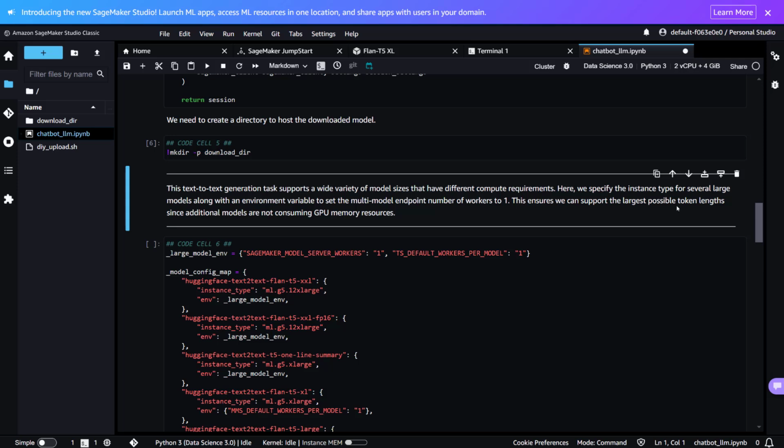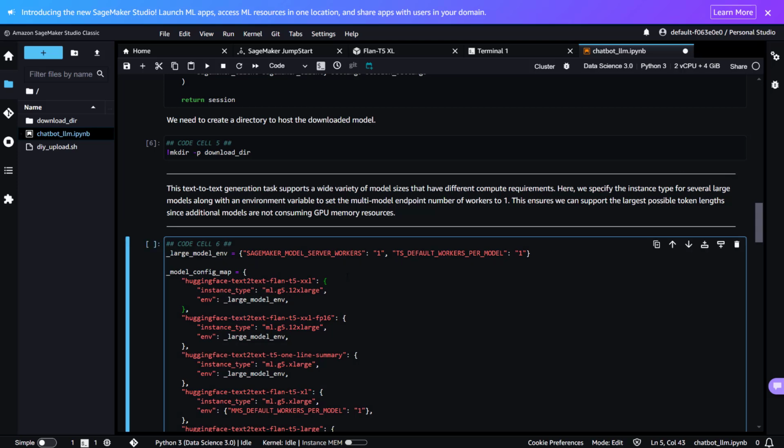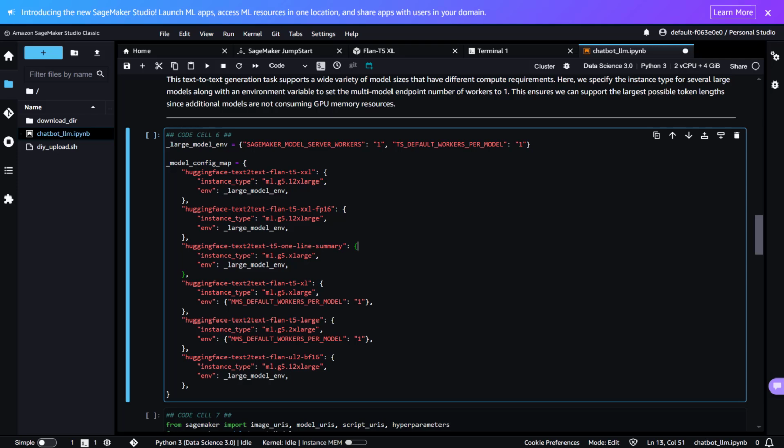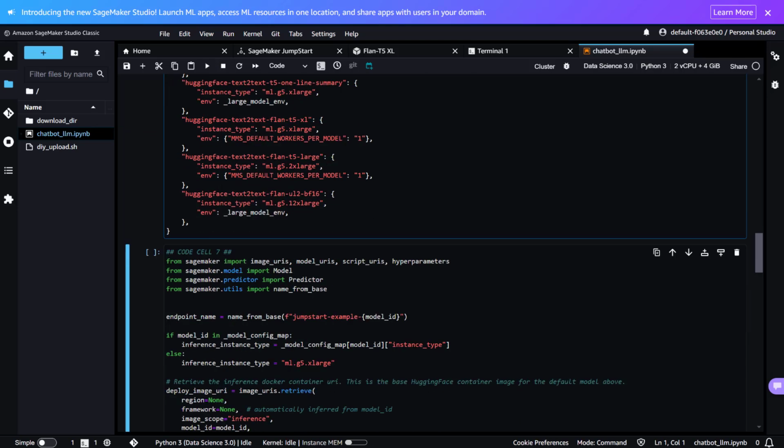This ensures we can support the largest possible token length since additional models are not consuming GPU memory resources. Okay, so large model environment, model config map, large model. We are setting all these different instances, but we are not going to use all of them.